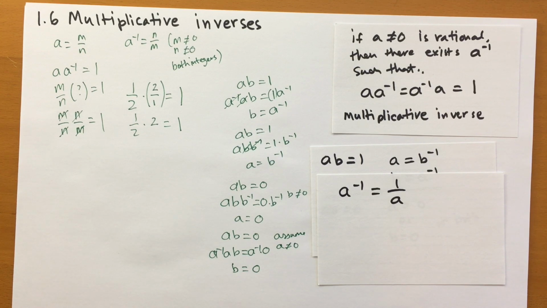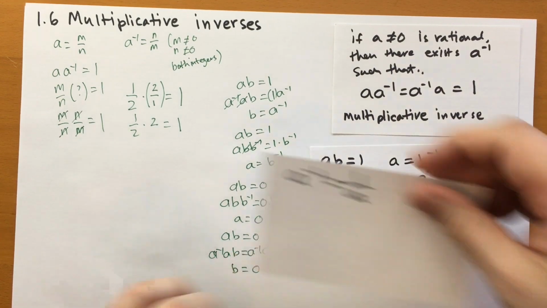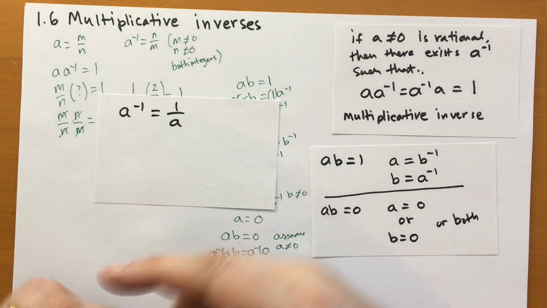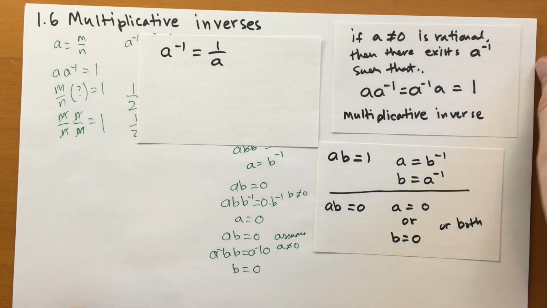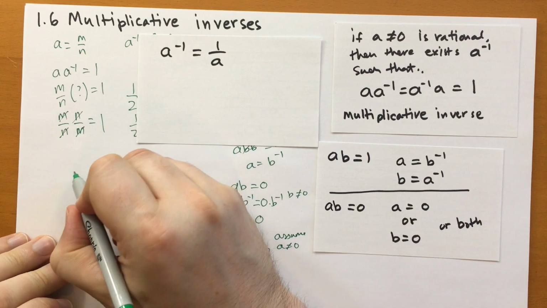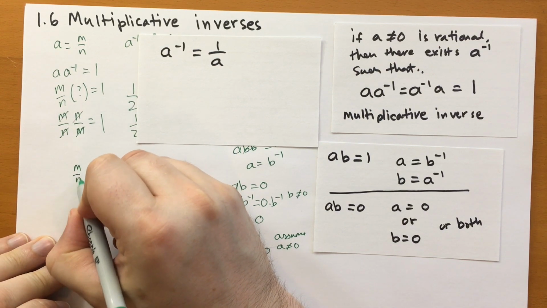Is that what he says? No, that isn't what he says. That's what I say. So yeah, we're just going to say that when you say something to the negative 1, that will give you the behavior of a to the minus 1, because then this is what it looks like. So if, let's say, a is m over n, all right,